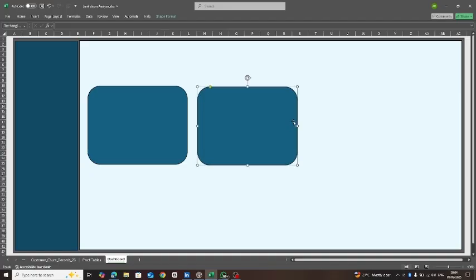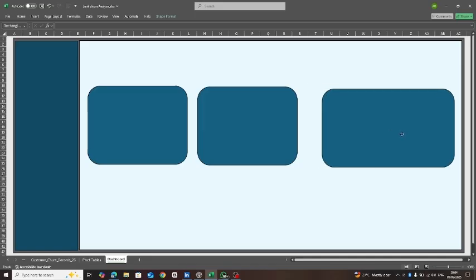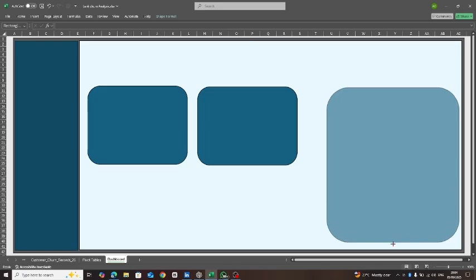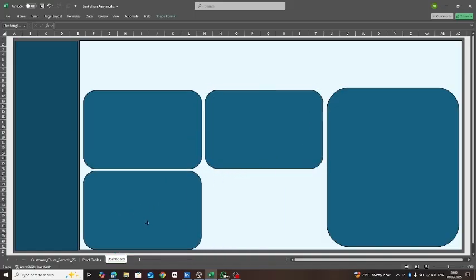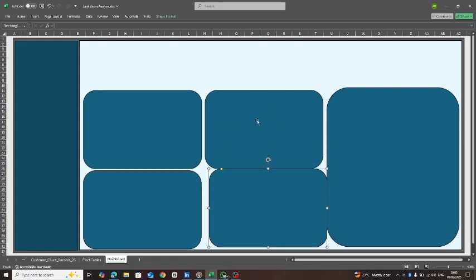So how to insert your shapes? You go to your Insert and then choose the shape you want to use, and then just Control D to duplicate the shape, so you don't always have to go back to your Insert tab. Control D to duplicate, and then to change the color I'll be going to Home.